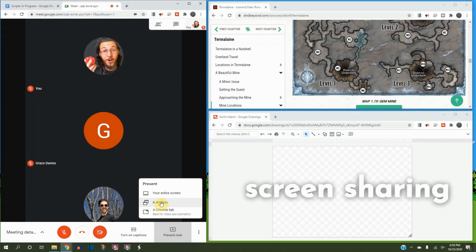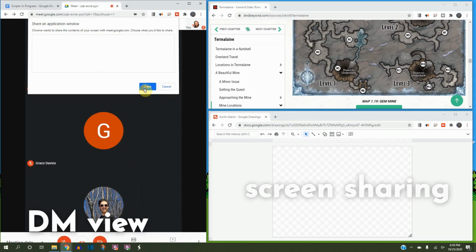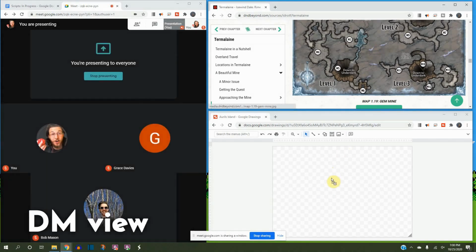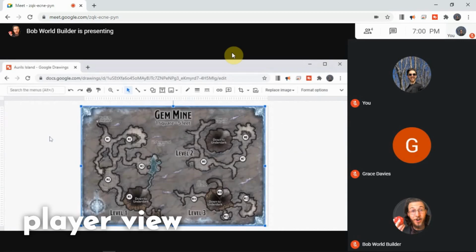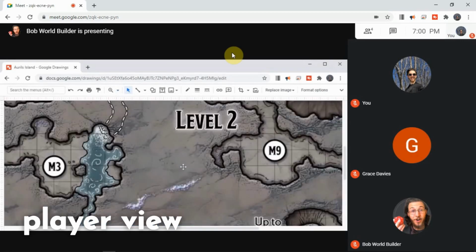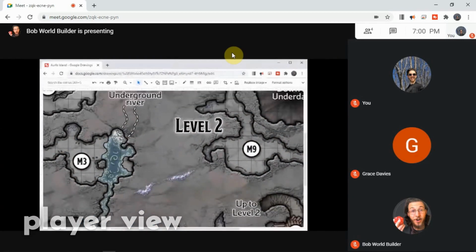And option 2 is screen sharing. The DM can share a window with Google Drawings, Google Slides, or any online drawing tool, then paste in a custom map, or one from D&D Beyond, and create simple tokens or drop in actual tokens for the characters and monsters and move them around the map. With Google Drawings and Slides, you can even grant editing permission to your players so everyone can move the tokens around. Plus, you can use Google Meet to share a single tab with music playing, but I don't think you can share music and a map at the same time, so for now, no battle music.